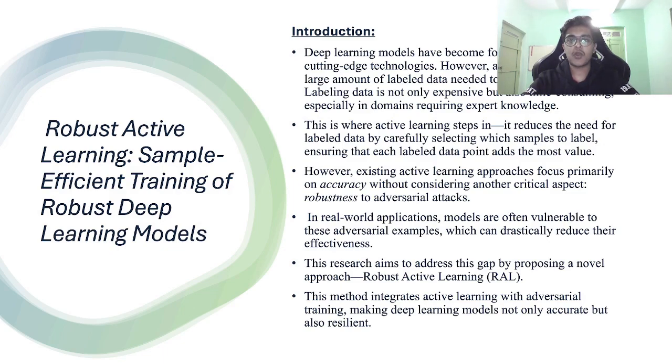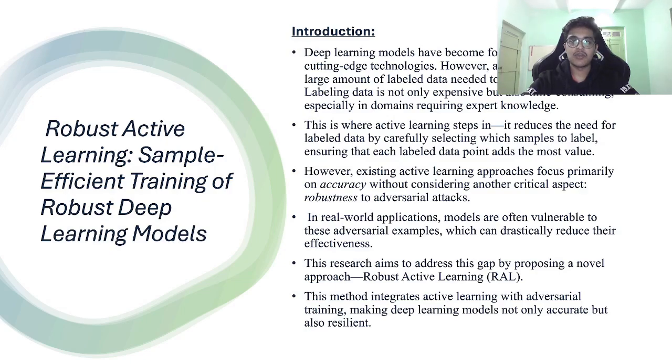So deep learning models have actually become foundational in many cutting edge technologies. However, a key challenge is that a large amount of labeled data needs to be trained for these models. Labeling the data is not only expensive but is also time consuming, especially in domains requiring expert knowledge. This is where active learning steps in. It reduces the need for labeled data by carefully selecting which samples to label, ensuring that each labeled data point